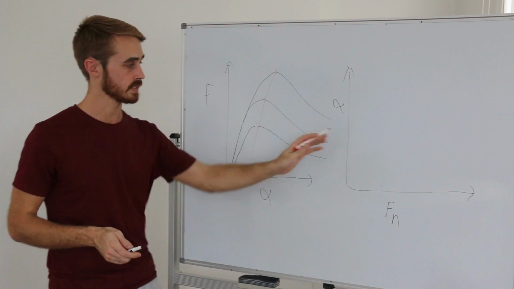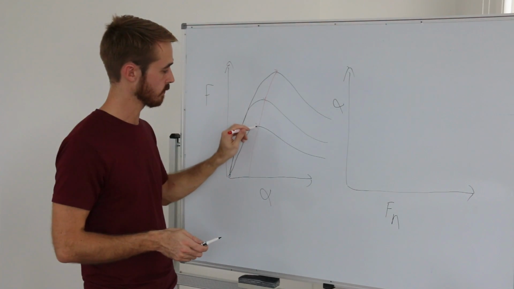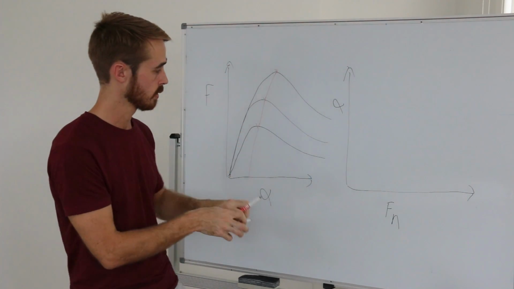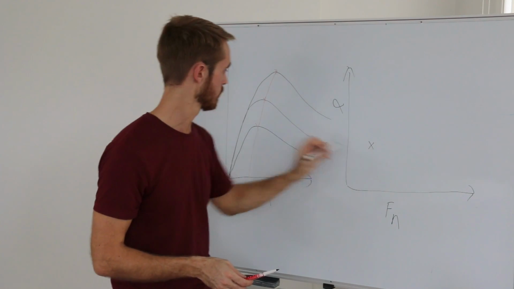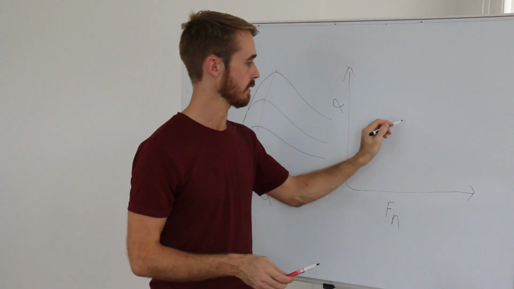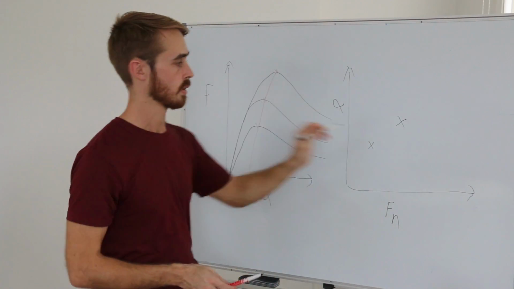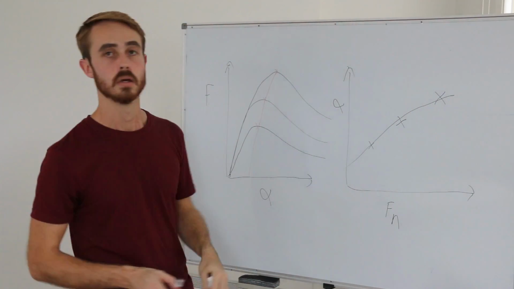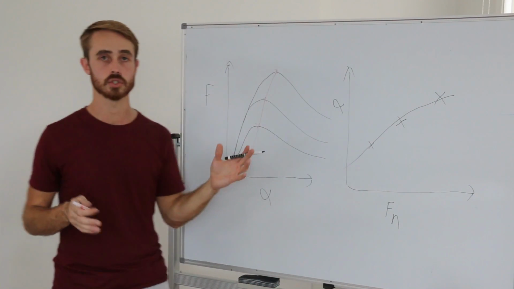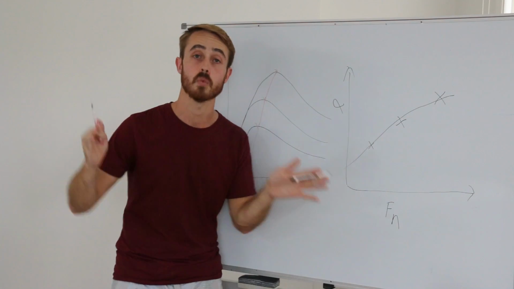Converting our previous graph into this graph, we can see that if we pick at our low load case, we take a point, the alpha is lower, so here. At our medium case, alpha is higher. High load, higher again. So this gives us an idea of how we can tune our tire slip angles when we have weight transfer